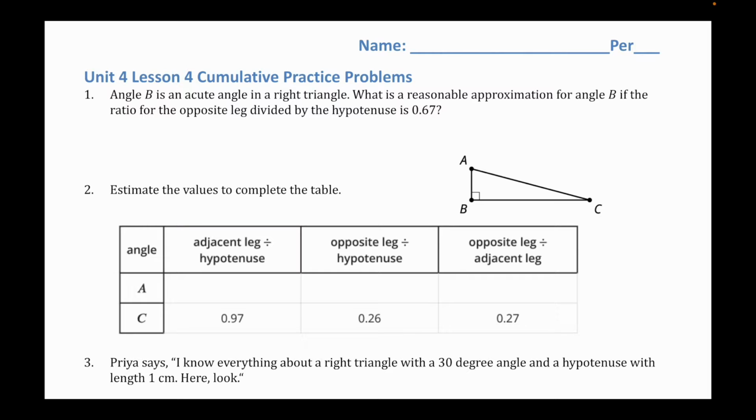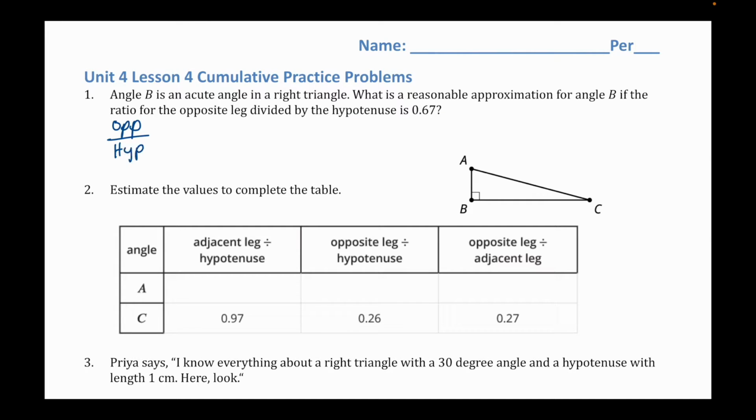triangle. So I'm actually just going to consider this to be like my drawing for that and use that to help. So angle B is an acute angle in a right triangle. Oh, actually, I can't consider that because B is the right angle in this one. So never mind. They're asking, what is a reasonable approximation for angle B if the ratio for the opposite divided by the hypotenuse is 0.67? So they're saying opposite